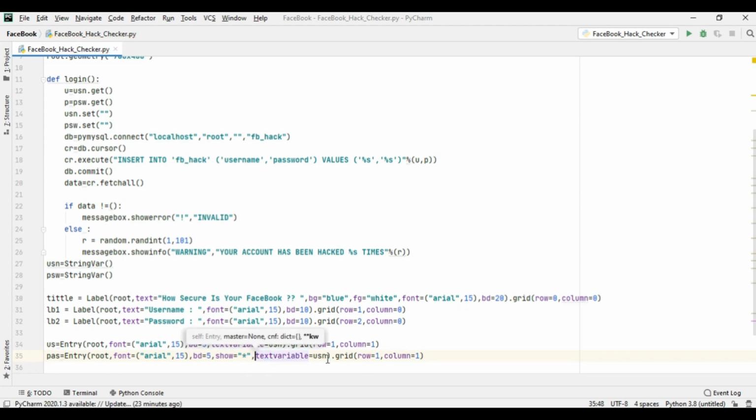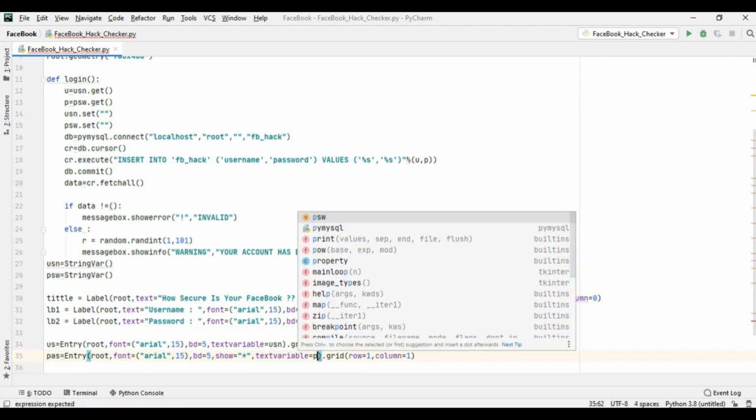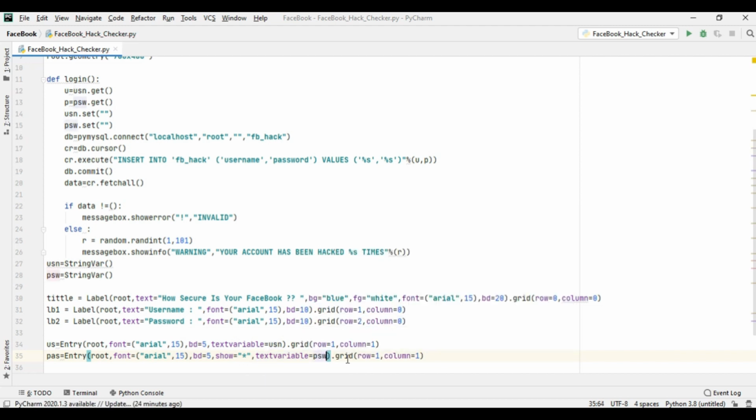We also change it for PSW, and this will be against the password, so it is row 2 column 1. So by this command, we will capture what the user writes, but the user will see stars in the software, because the password will be masked, not unmasked. So it is done.